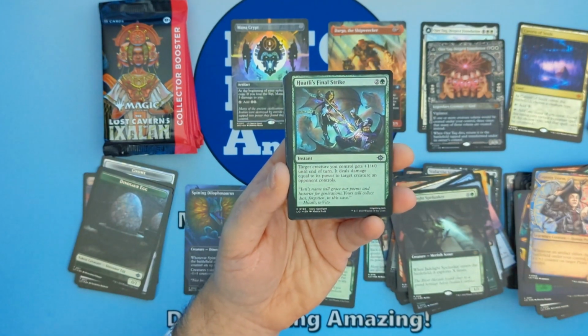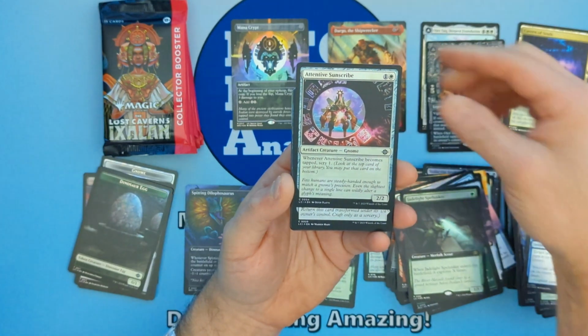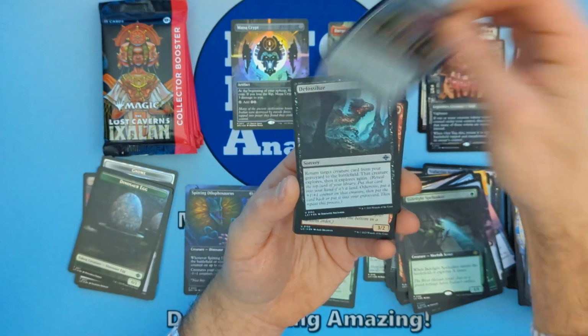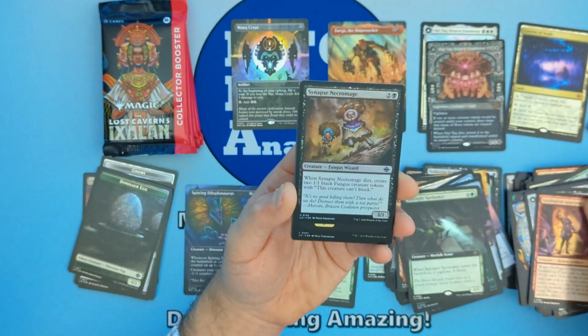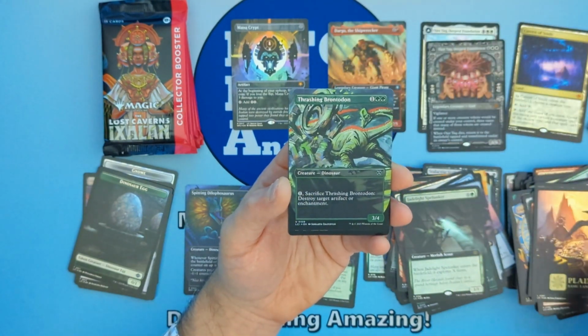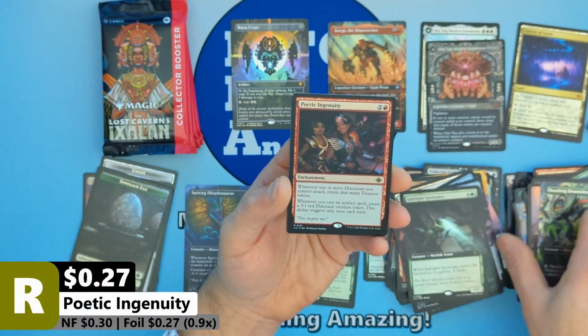All right, so we got a Haughty's Final Strike with an Unlucky Drop. Then we're going to see an Attentive Sunscribe with an Otalon Landmark. Then we're going to see ourselves the Defossilize with a Geological Appraiser with a Synapse Necromage and the Plains. And then right behind that, we're going to see the Borderless Thrashing Brontodon with a Poetic Ingenuity coming in as